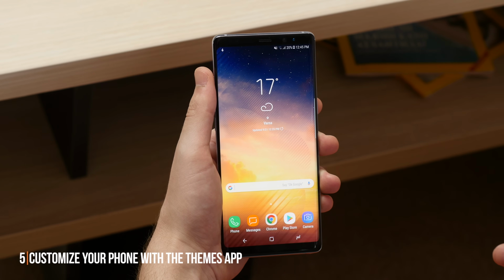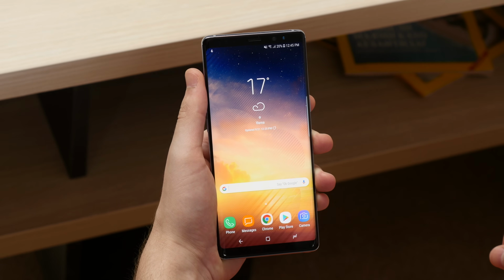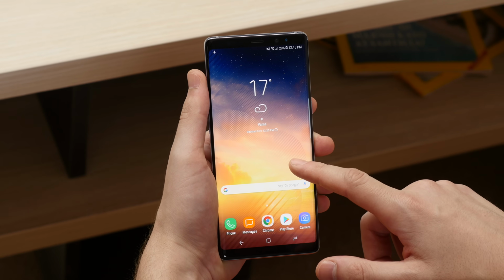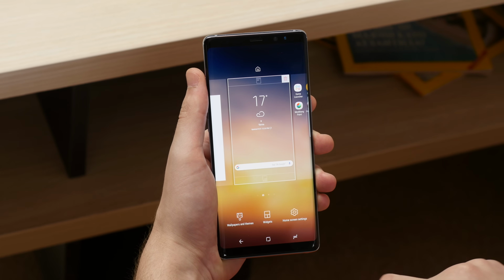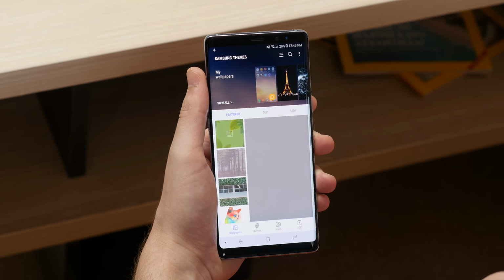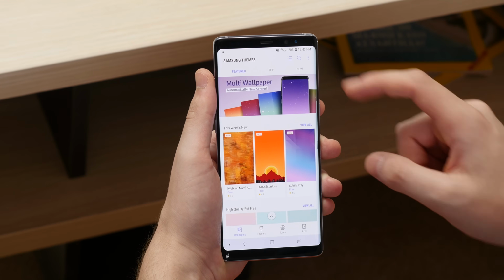Samsung Themes is the place to go if you'd like to give your handset a more personalized look without diving deep into Google Play. There are 3 ways of accessing the app, the easiest of which is a long press on the home screen followed by a tap on the Wallpapers and Themes button at the bottom left. As you can see, there's a lot to choose from, but the keys at the bottom will help you navigate